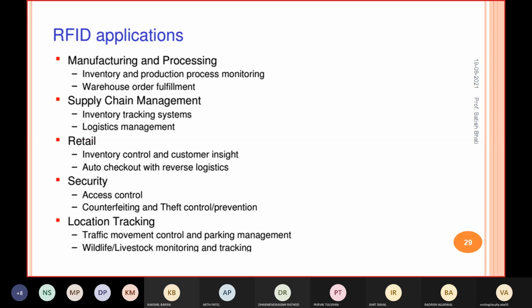If the city is a mega city, then there's a problem of parking. So they have created public parking, right? Where some 3-4 floors are for parking only. Now if, for example, you reach the third floor and the parking slot is full, then again you will come back to some other floor, right? So it will waste your time. If you use this RFID application in such parking management, then you can save the time, right?